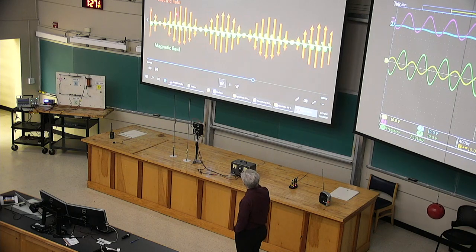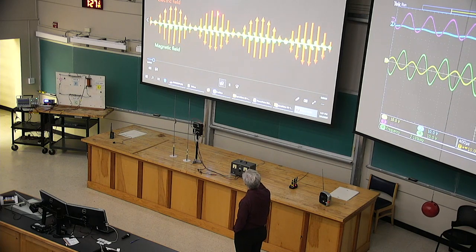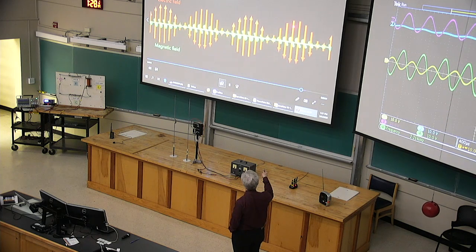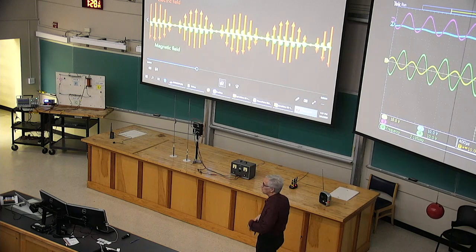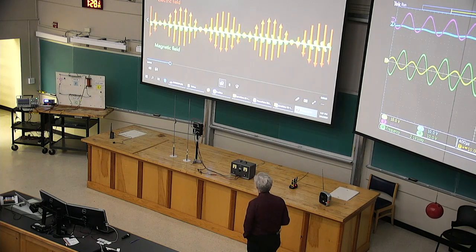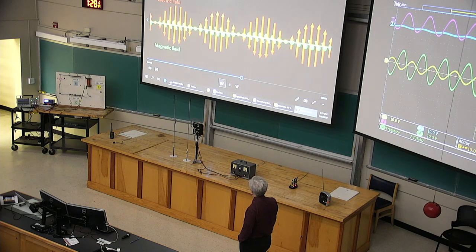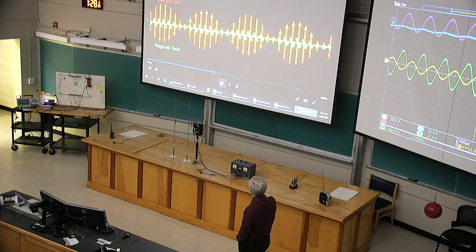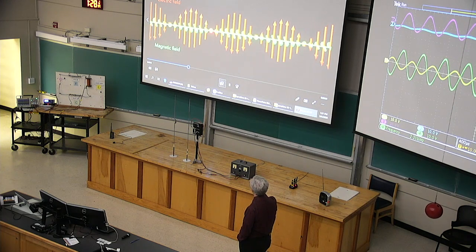So you can see the wave is actually moving to the right. Pick any structure you like and watch it. It's going to the right. As I claim, it goes to the right at the speed of light. And this is in the absence of anything. This is empty space. We even took the air out just to make it really empty. There goes the wave. You can see at any given location, the electric field is varying up and down, and